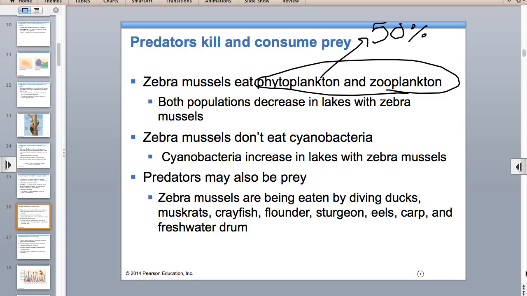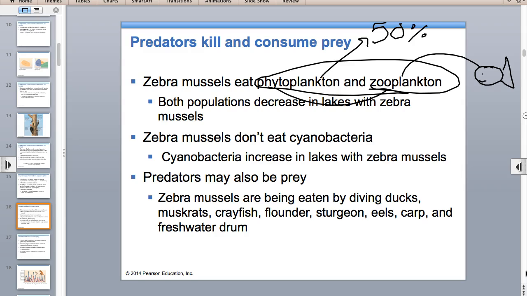Zooplankton, when you go to a zoo, what are you looking at? Animals. So these zooplankton are consumers and they eat phytoplankton, so zooplankton are actually primary consumers. If I had a fish that ate a zooplankton, what would this fish be on the food chain? Second. Did you get that? Maybe write that down. People always miss that, and then I draw the fish, and then they get quiet.